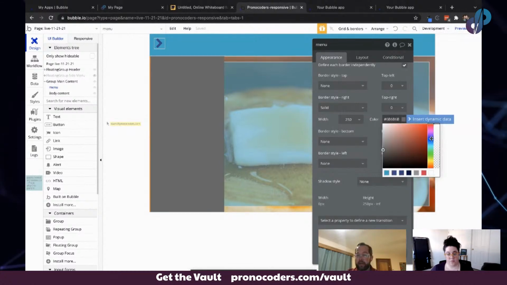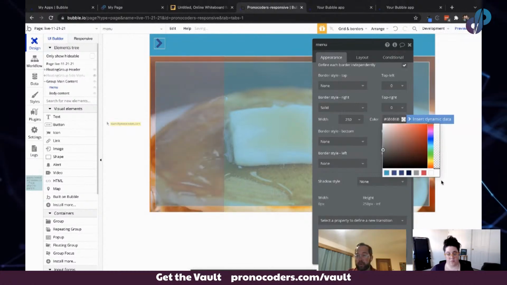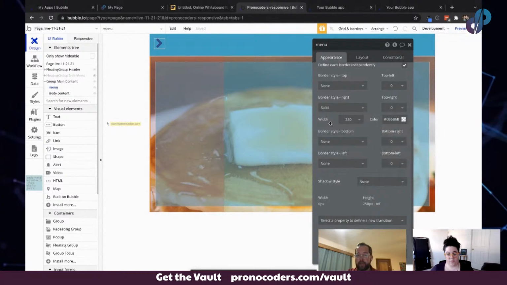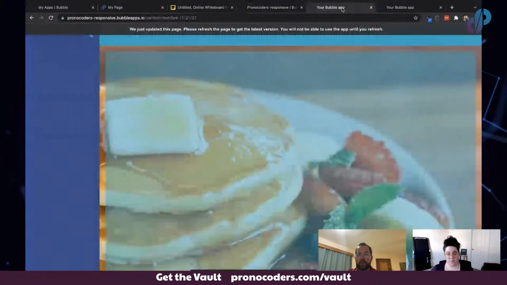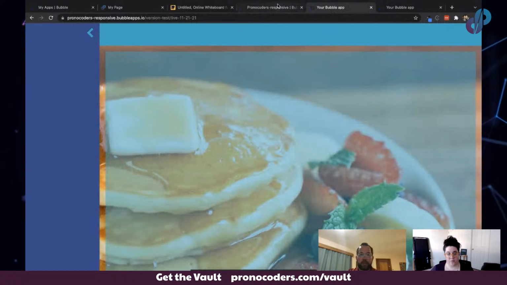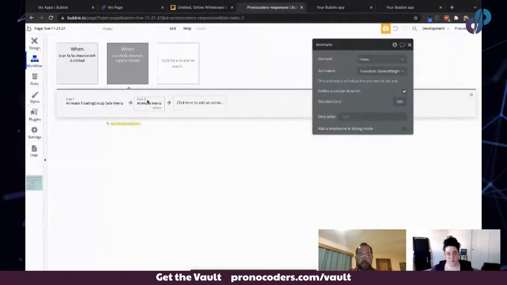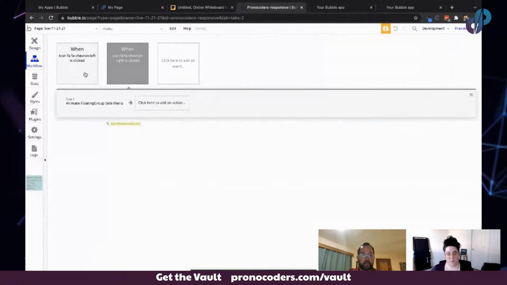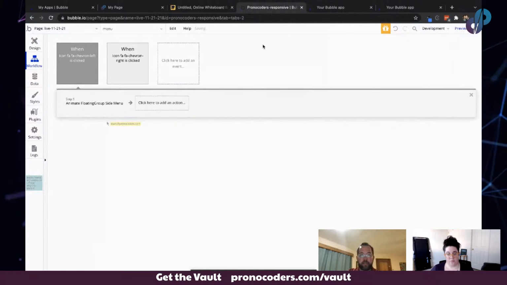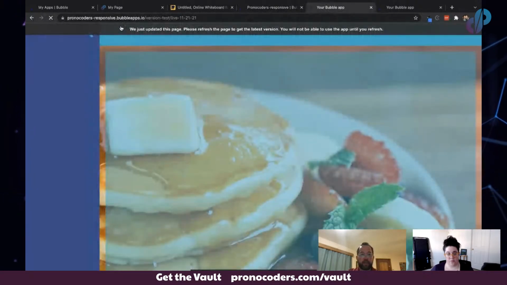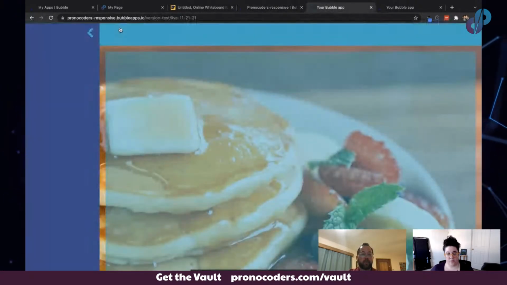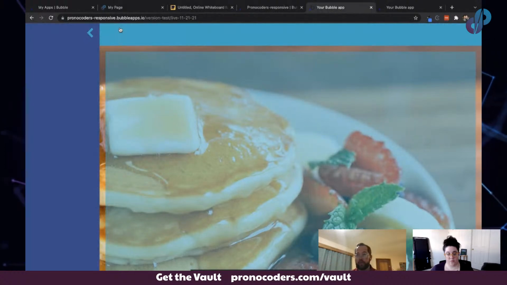And then we're going to make this border transparent. And we'll just preview that to make sure that, actually, let's remove that animation because that's going to keep hiding it. So let's preview that to make sure that it's taking the space. So that border, the other elements will react to the width of that border on the page. And